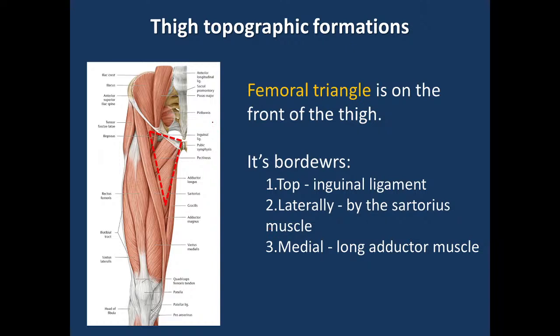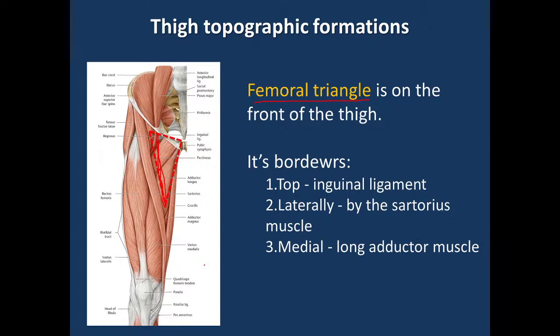Another topographical formation we find between the anterior and medial group of muscles is called the femoral triangle. It is one of the important topographical formations helping to find the femoral arteries and veins, because they go through this triangle, and usually surgeons use this triangle to find the vessels. And